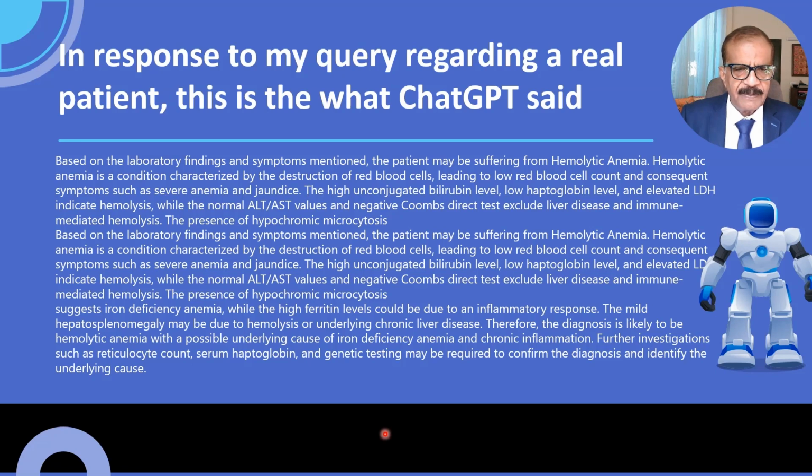The presence of hypochromic microcytosis suggests iron deficiency anemia, while the high ferritin levels could be due to an inflammatory response. The mild hepatosplenomegaly may be due to hemolysis or underlying chronic liver disease. Therefore, the diagnosis is likely to be hemolytic anemia with a possible underlying cause of iron deficiency anemia and chronic inflammation. Further investigations such as respiratory count, serum haptoglobin, and genetic testing may be required to confirm the diagnosis and